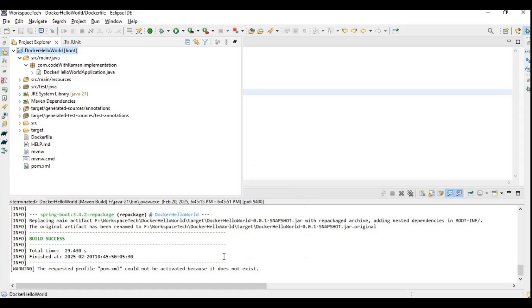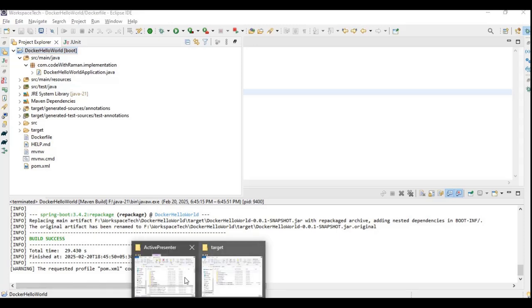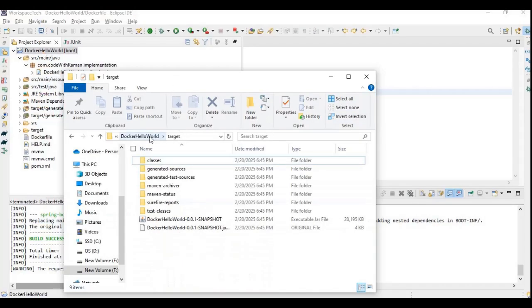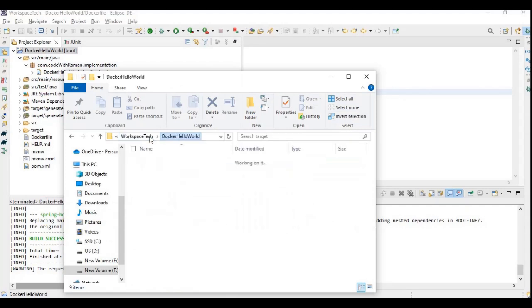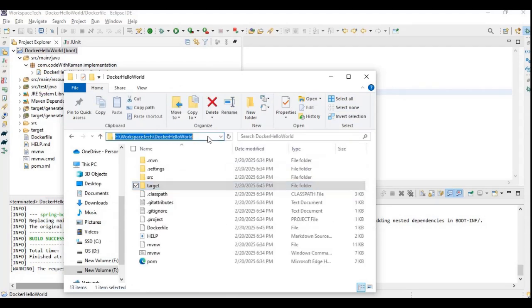Now our application is ready, right? Our Dockerization of the application is also done. What we'll do is we'll go to the project directory. Let me go back to the project directory, let me go in the project directory, and let me open a CMD.